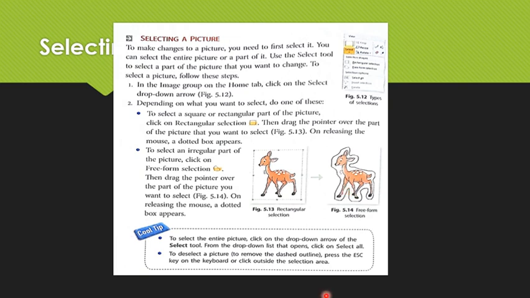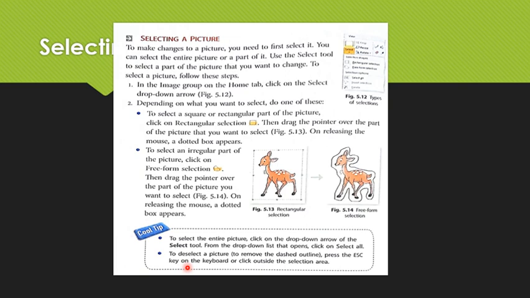Then just see the cool tip in your textbook. To select the entire picture, click on the drop-down arrow of the Select tool. From the drop-down list that opens, click on Select All. This also I have explained to you and shown you. Likewise, if you want to select the full screen, just click on Select All.